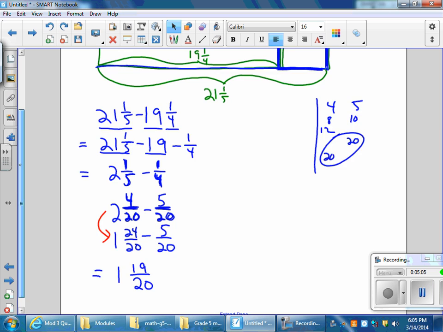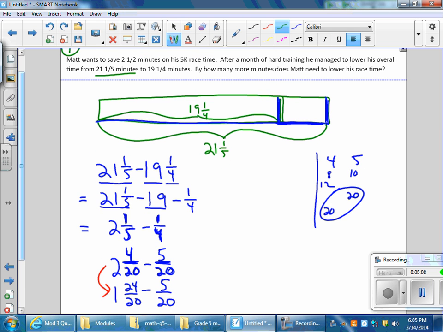I have to look and see where that plugs in on my tape. And that's 1 and 19/20, the amount of time that's not done very clearly. Let me redo that. This here is 1 and 19/20. That's the amount of time that Matt cut off his race time. But he wants to cut off more than that. He wanted to cut off